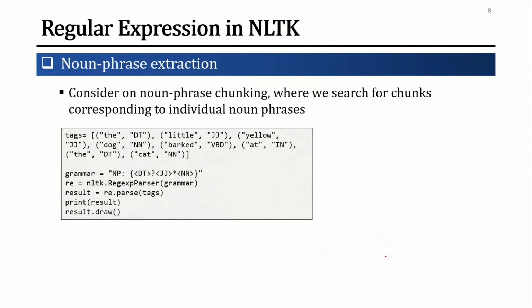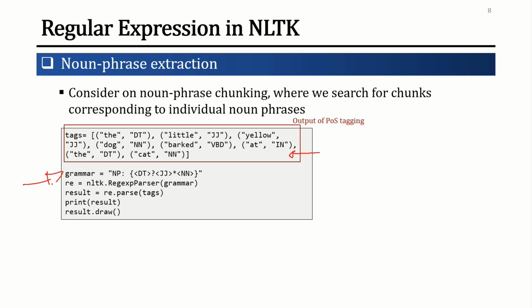So now we will take a look at noun phrase extraction. Consider noun phrase chunking. When we are trying to search for chunks corresponding to individual noun phrases, the input of this one will be the POS tags that we get from the output of POS tagging. So from here we have the words and their parts of speech. And next we need to define a grammar that we can use for regular expressions. To be able to pass the grammar into the function, we use RegexpParser